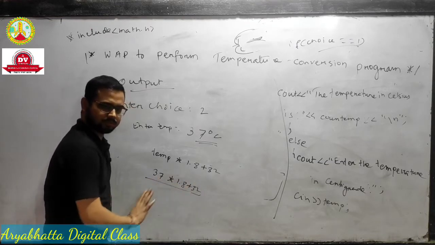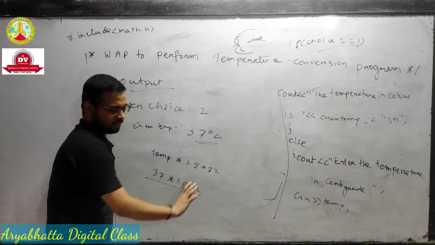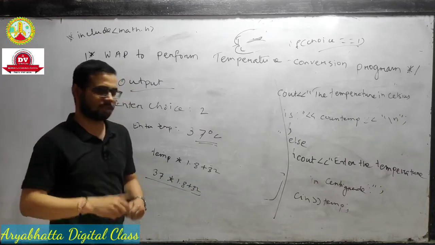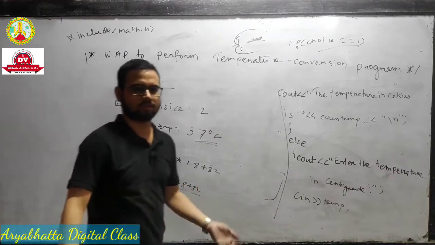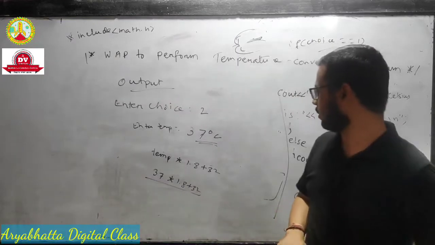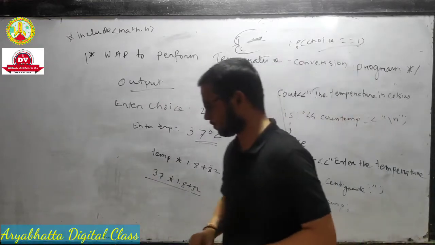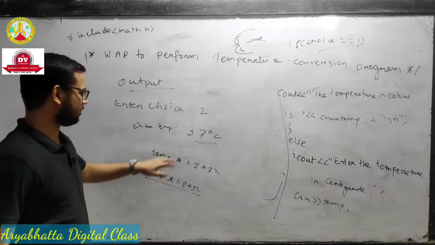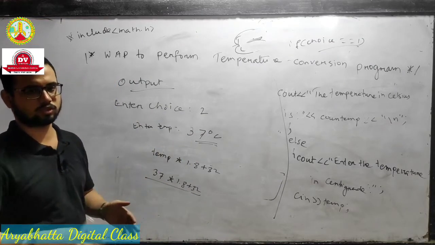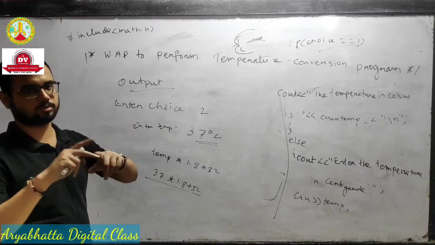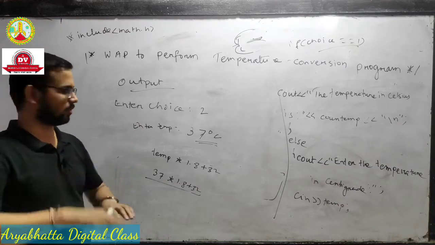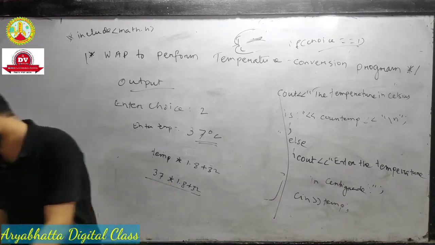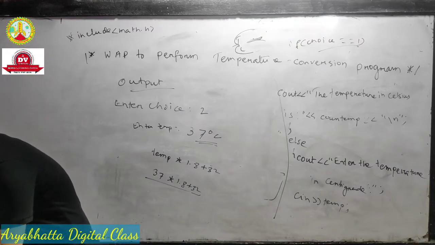37 into multiply, this is already greater, and in Fahrenheit to Celsius it will be less. You already understood this thing. It's an easy purpose. Okay, this is clear. This is a simple temperature conversion program, Fahrenheit to Celsius, Celsius to Fahrenheit. You just take whatever your choice: choice 1 is Fahrenheit to Celsius, second is Celsius to Fahrenheit. Okay, this is done. And the next topic is